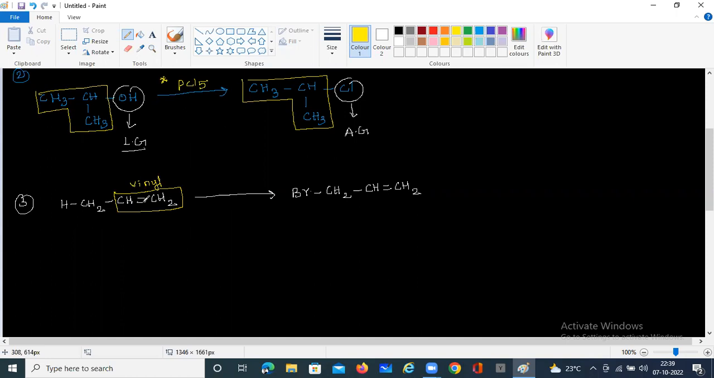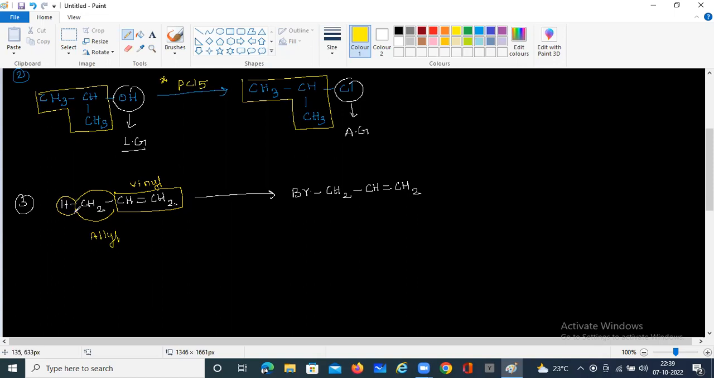Vinyl group. CH2 double bond CH is nothing but what? Vinyl. So if we attach one more alkyl group along with this one, CH3, then we can say it is the allyl group. The complete compound is known as what? Allyl. So from this allyl, one of the hydrogens, just for easy conversion, I have written separately